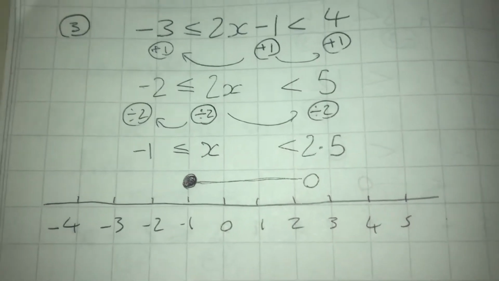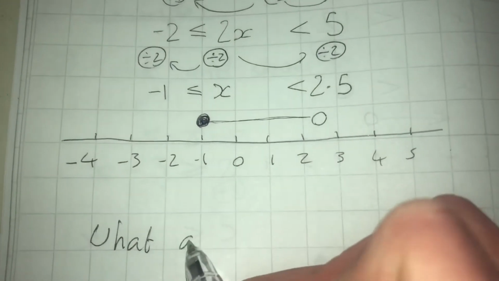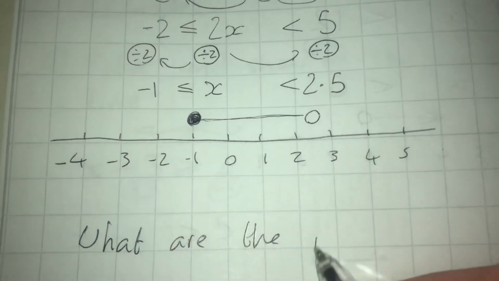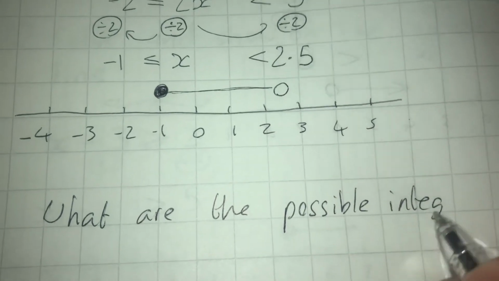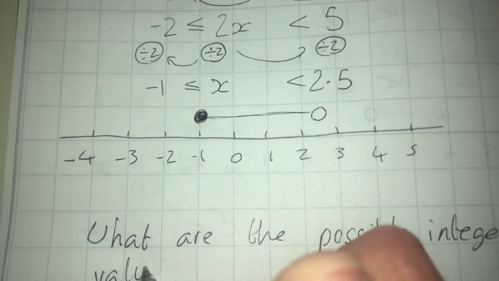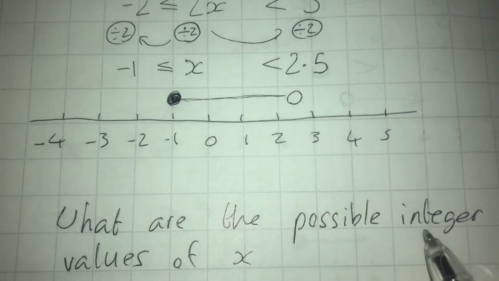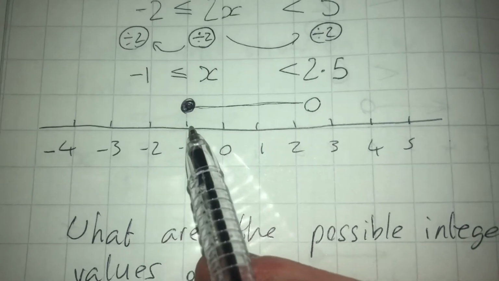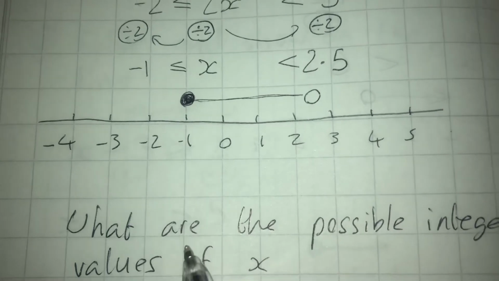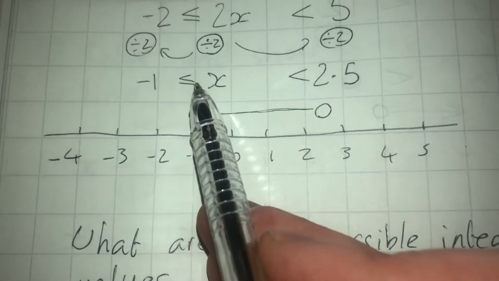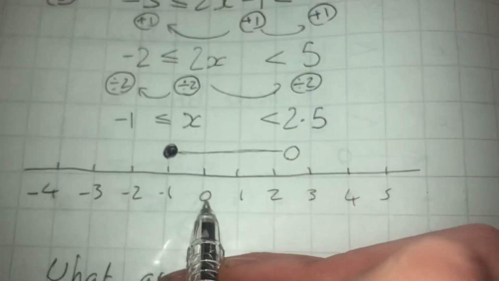Now, quite often a follow-up question to this type of one is, what are the possible integer values of x? Okay, and just to keep in mind, an integer is a whole number, so what are the possible whole numbers that x could be? Well, minus 1, 0, 1, 2, and 3 we will look at, okay? So minus 1, because x can be equal to it, so my integer values will consist of minus 1, 0, 1,